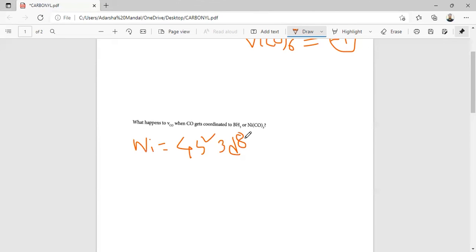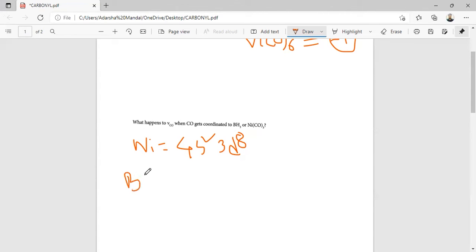When carbonyl is coordinated to the nickel center, it will donate electrons to the nickel, and nickel also donates its electrons to the pi star orbital of the CO. So there is back bonding between the nickel and CO. As back bonding is favorable, the carbon oxygen bond order will decrease, and so the stretching frequency will decrease